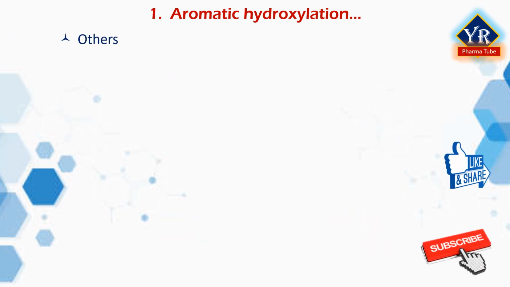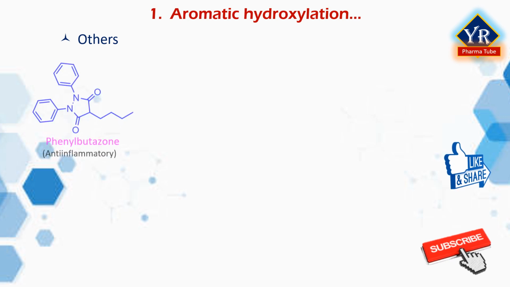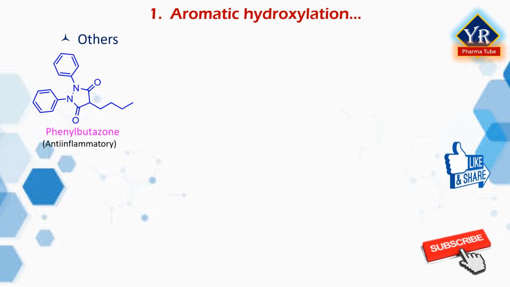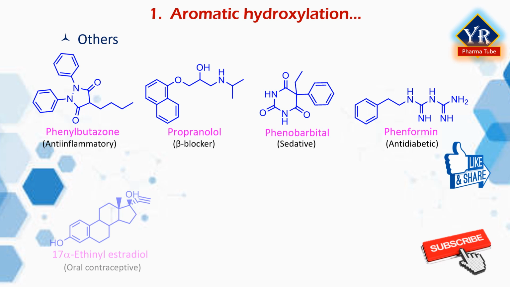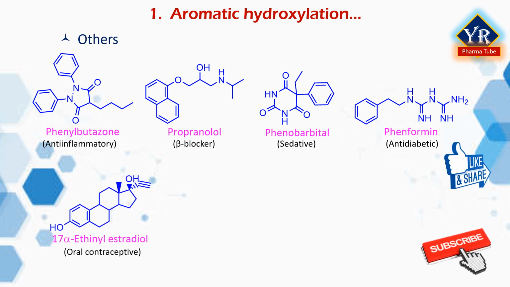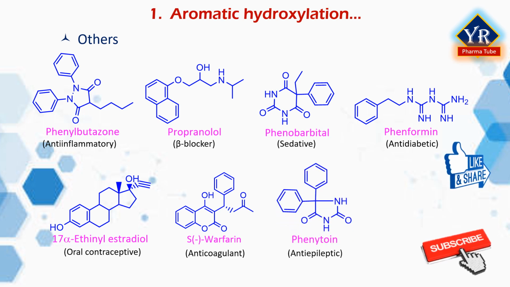Other drugs that undergo aromatic hydroxylation include phenylbutazone, an anti-inflammatory agent, propranolol, a beta blocker, phenobarbital, a sedative drug, fenformin, antibiotic agent, 17-alpha ethinyl estradiol, which is an oral contraceptive, S-warfarin, an anticoagulant, phenytoin, an anti-epileptic agent, amphetamine, CNS stimulant,